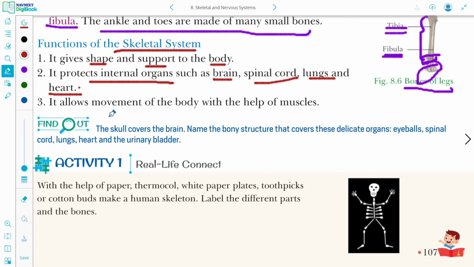It allows movement of the body with the help of muscles. ठीक है बच्चे,